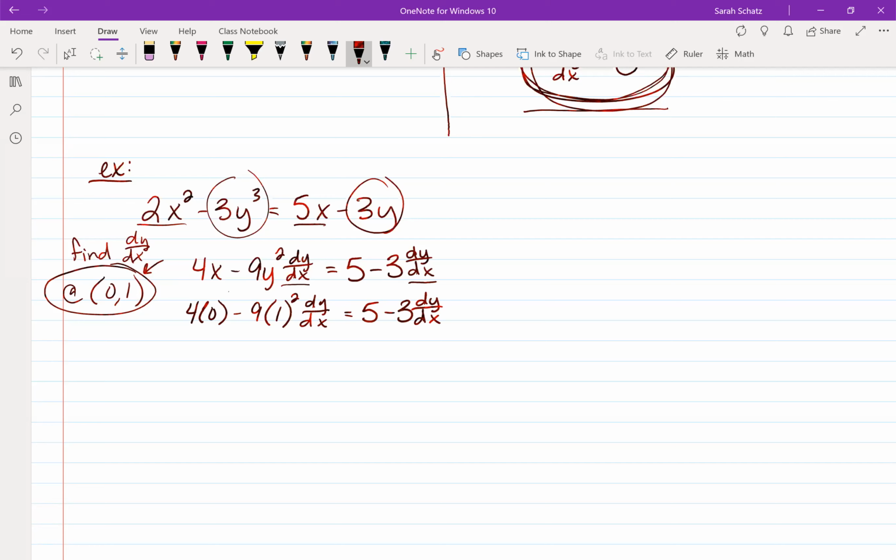So notice the 4 times 0, that just goes away. 1 squared is just 1, so we get just minus 9 dy dx equals 5 minus 3 dy dx. So remember, our goal is to solve for dy dx, so let's go ahead and combine those dy dx terms. Now, dy dx, even though it's like a fraction, and a lot of times we see it as something totally different, it's just a variable. You guys, it's just like x, it's just like y. So you can add,